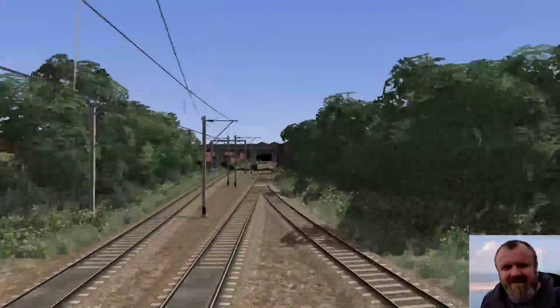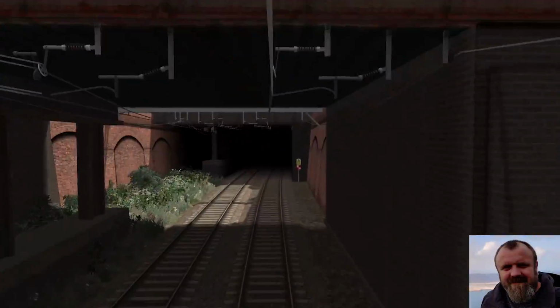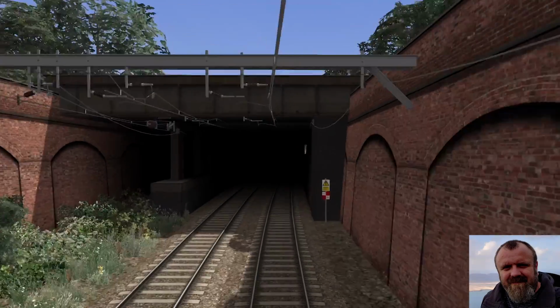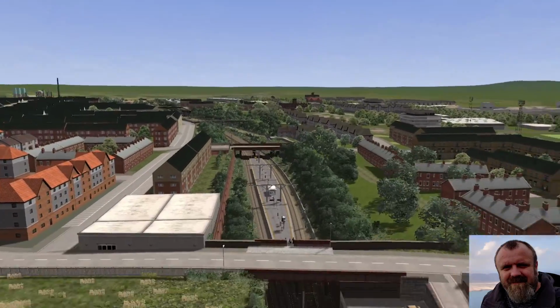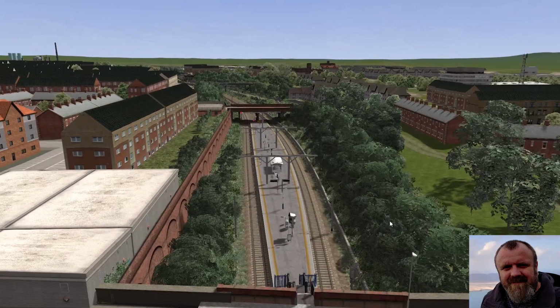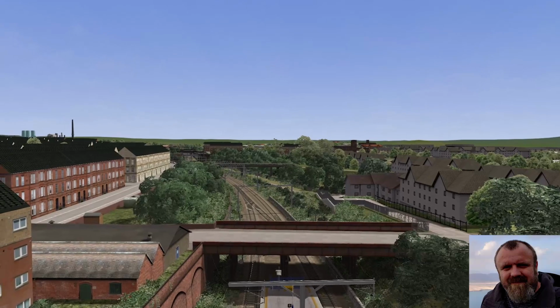So we'll go along here, and there's a tunnel here. A lot of this has been revamped for this version of the route, the tunnel being one of them. So you go through the tunnel and then you end up in phase 3. Phase 3 was Belgrove to Springburn, and then cutting into Queen Street high level, and then from there through the Maryhill diesel line to Anniesland, and merging back at Westerton for the West Highland line trains as well.